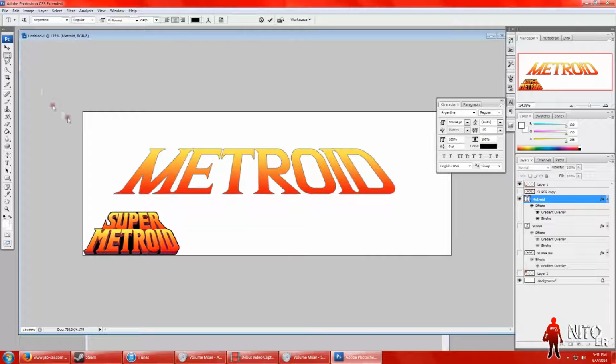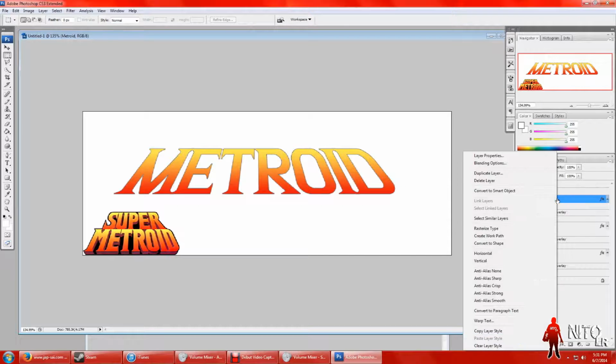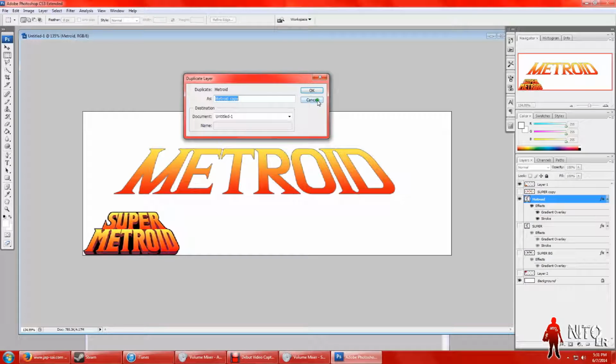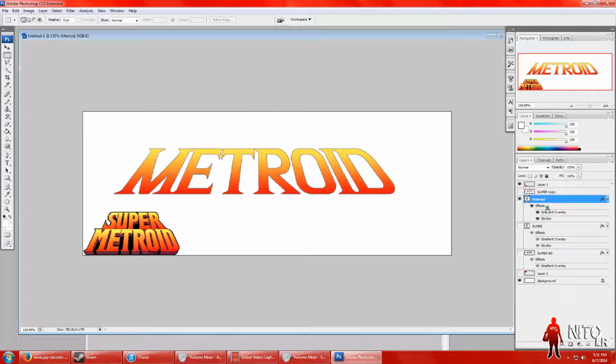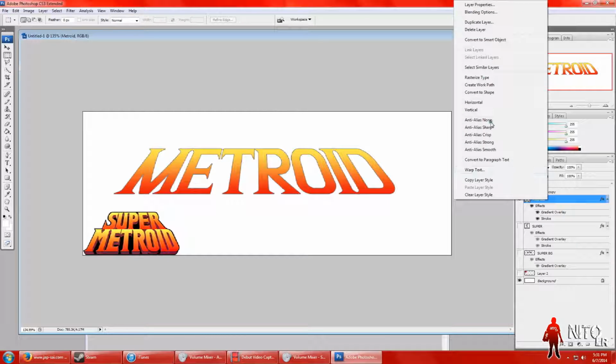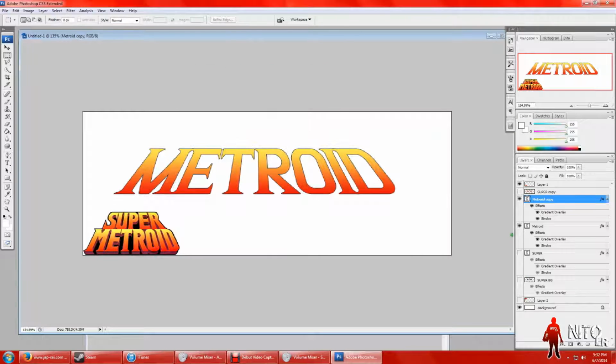Alright, so now we've got it looking better than before, and it already has all the effects that we have. Now we just go through the same step of creating the copy behind it and bringing it downwards too. If I remember correctly, we did 1 copy and then 16 extra. So let's do that again. Remember, like we did before, duplicate the layer. Okay, and then we're going to take the gradient off,